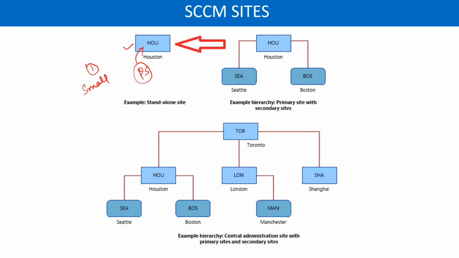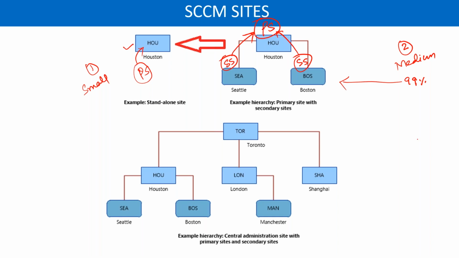If you have medium sized companies, then you will put the primary site on top at the headquarter and a secondary site in the branch office. So secondary will report to primary like this. This is for medium size organizations, and 99% of the time you will find this kind of architecture in companies. Wherever you go, you will find this. Medium size organizations will have a headquarter and branch offices.